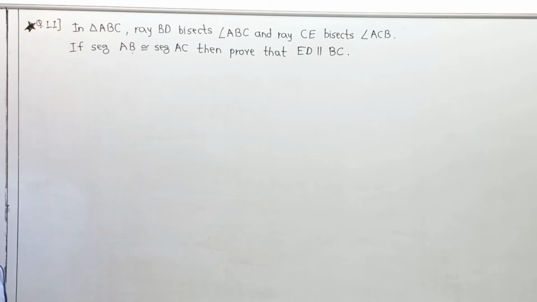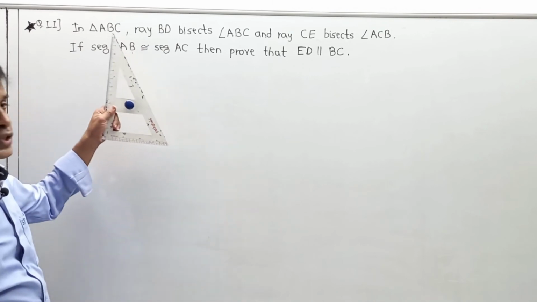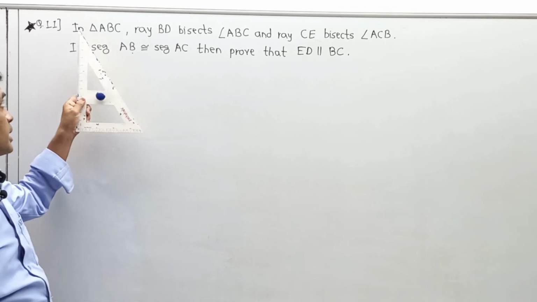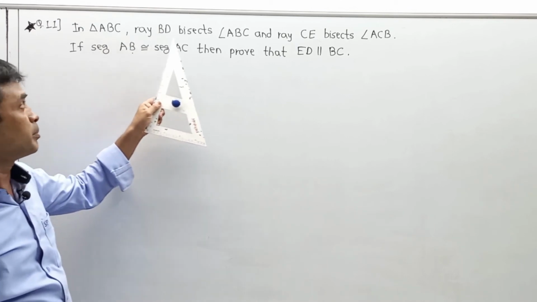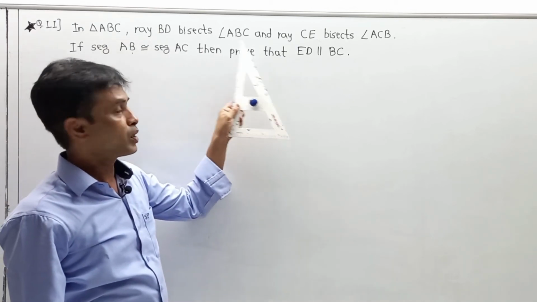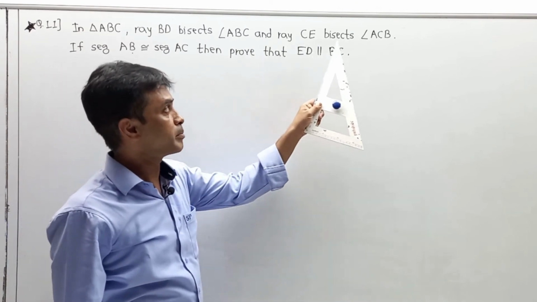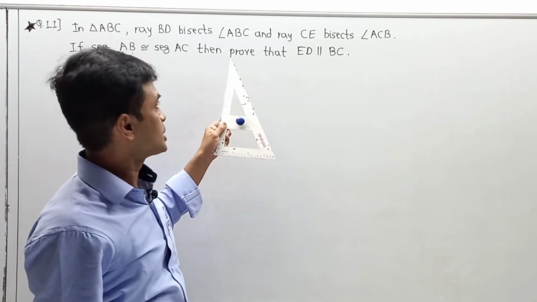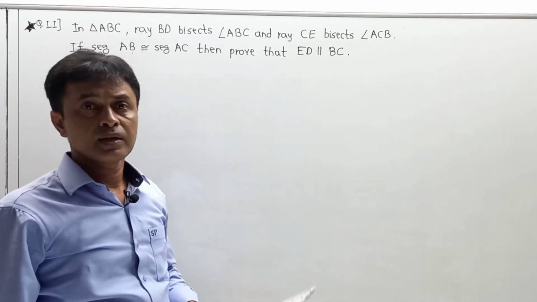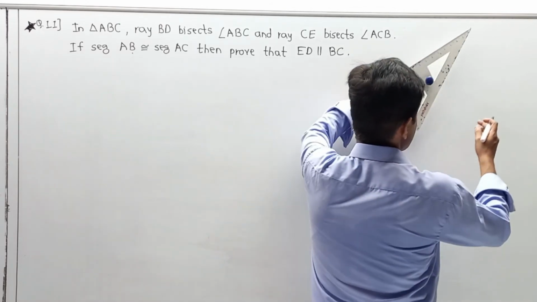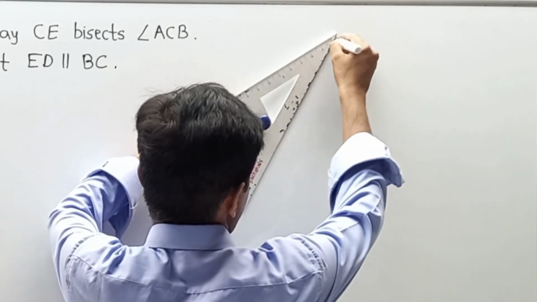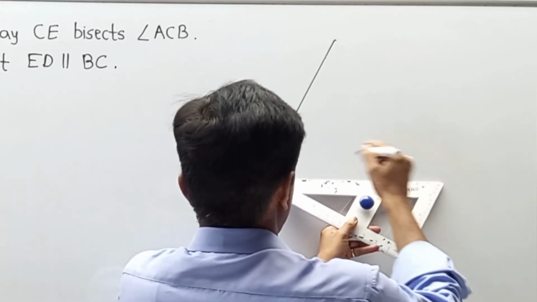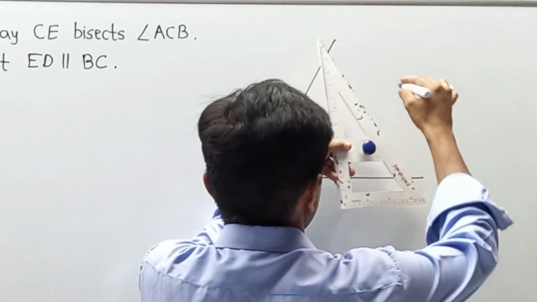So considering that, first of all यहाँ पे जो theory question दिया है उसकी मैं आपके सामने डायग्राम बनाने जा रहा हूँ, समझ लीजिए. Once again, in triangle ABC, ray BD bisects angle ABC and ray CE bisects angle ACB. If segment AB is congruent to AC, then prove that. First of all, they have given a triangle ABC. So I am going to draw the first triangle. And again we have to take a precaution that two sides must be equal or congruent because they have given that in the condition.